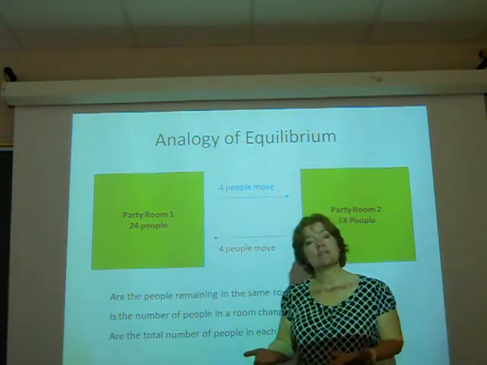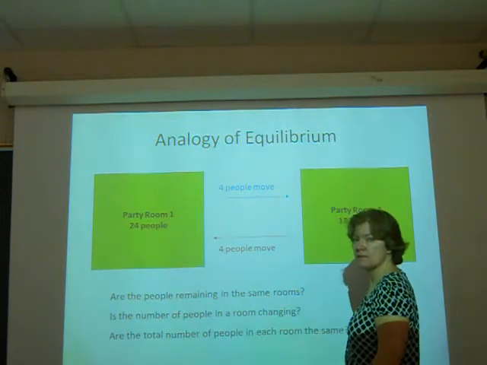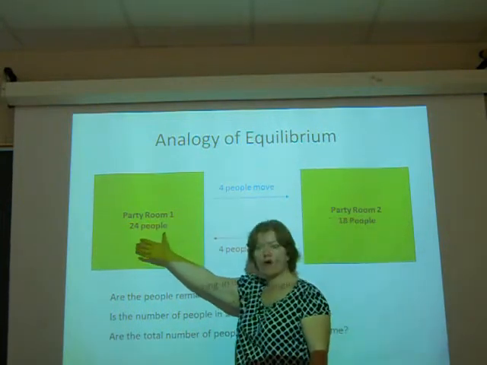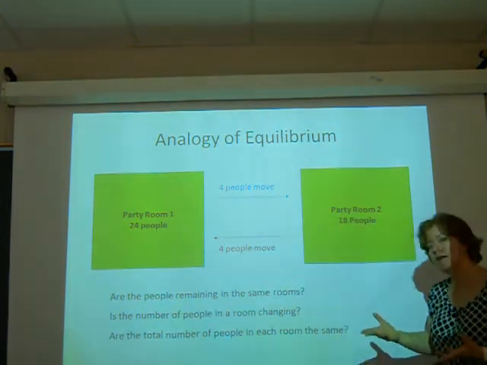If I'm thinking of this as a chemical reaction, this might be my reactants, this might be my products. So in this case, I have more reactants when I reach equilibrium than products. So this is sort of